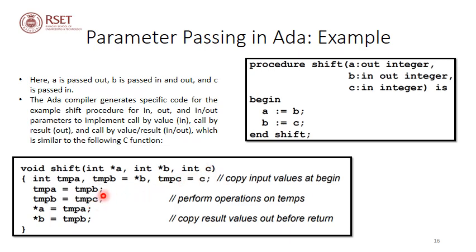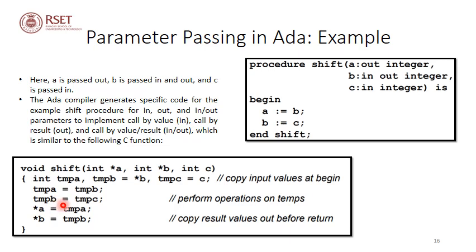Then we'll perform all the operations on the temporary variables. While the operations are performed, the actual values in A, B, C will be left as they are. Only when the function returns will we do some modifications on the actual values. Now the statements within shift are A equal to B, so we are doing temp A equal to temp B. That means the value in B will be assigned to A. A is an out parameter, so this can be done. Next is temp B equal to temp C. B is an in-out parameter and temp B corresponds to the temporary value representing B. So we are copying the value of C to B.